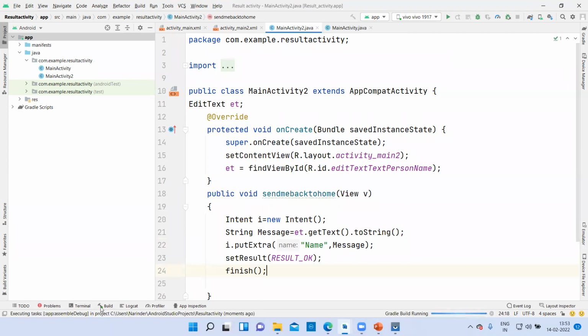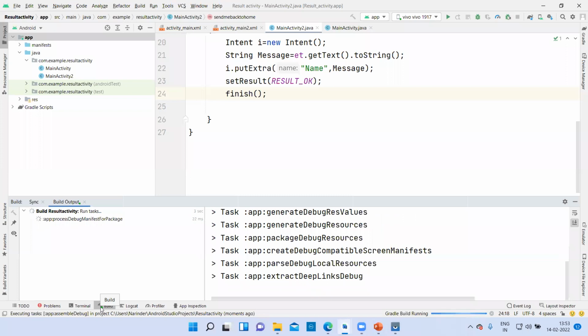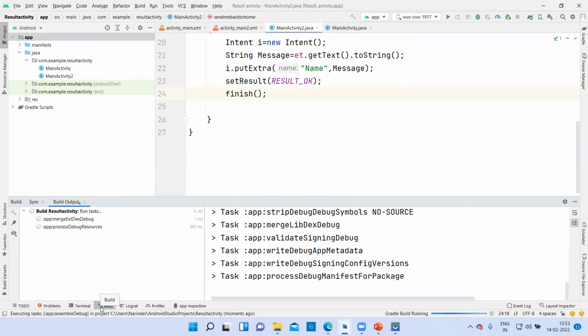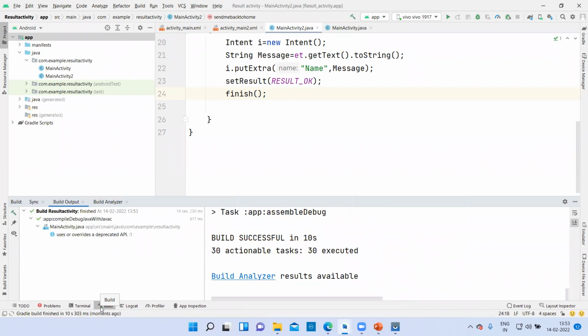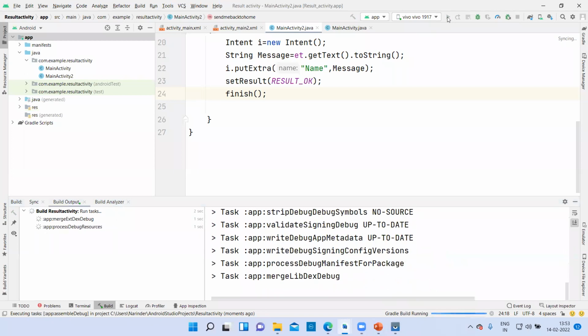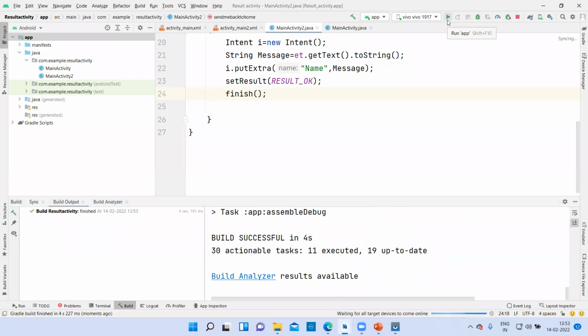Let me compile it and show you on my phone. So let me see whether the launch has succeeded or not.